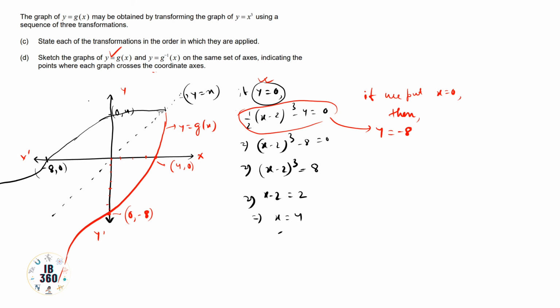As it is freehand drawing, but I think you have understood how we have constructed the g inverse of x. We have just drawn the y equals to x line and we have the mirror image of this particular line here. Okay, so in this way we have drawn the graphs here. So the coordinates are, as you can see, I am giving a point out here. This is the coordinate for y equals to g of x, and these are the coordinates for y equals to g inverse x.